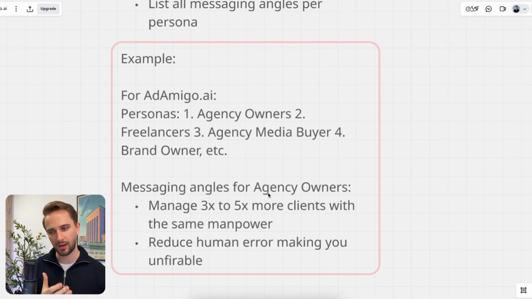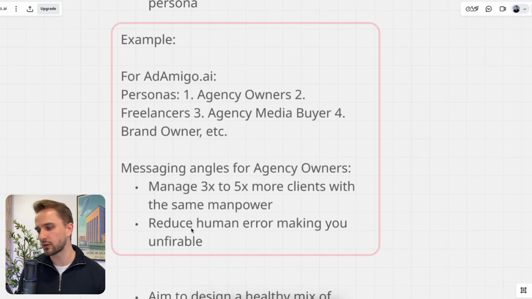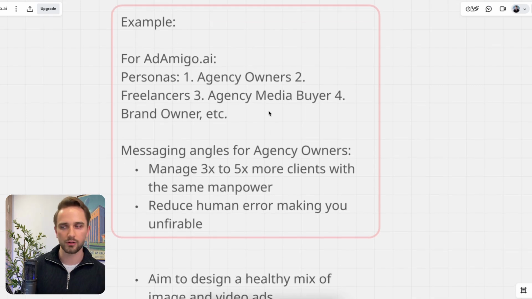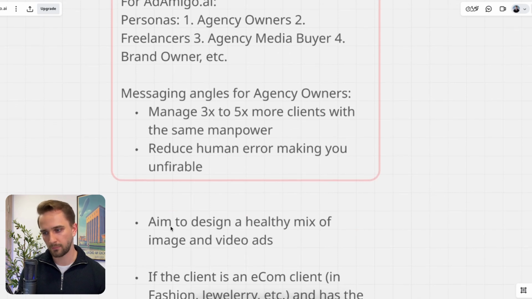So in this case, for example, for agency owners, a messaging angle for Adamigo could be: manage 3 to 5 times as many clients with the same manpower by automating your Facebook ads using this AI agent, or reduce human error by letting the ads be optimized by an AI agent and make yourself unfireable, therefore, right? So there's all these different messaging angles we could use for these different personas, and then try to aim at